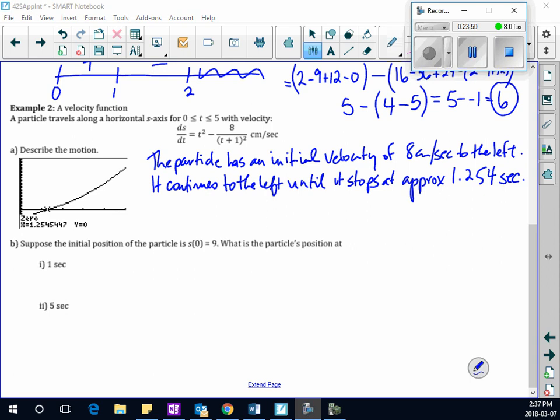Okay, so then until it stops, approximately 1.25 seconds, and then after this, what happens? After this, it goes to the right with, now what's happening with my velocity here? Yeah, so with increasing velocity,